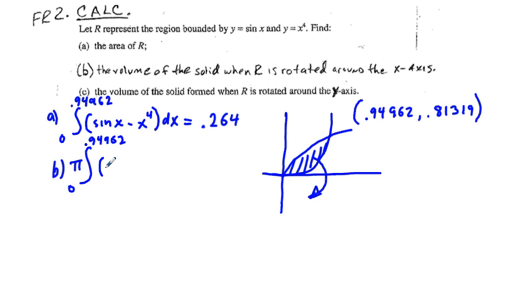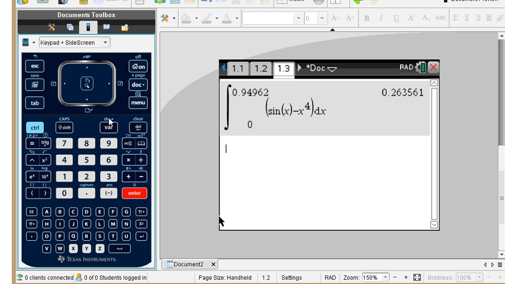So we're going to have sine squared x minus x to the fourth squared, so that's going to be minus x to the eighth, dx. And again, you get most of your points for just having it to this level, without even pressing a calculator button. But we now go to the calculator,